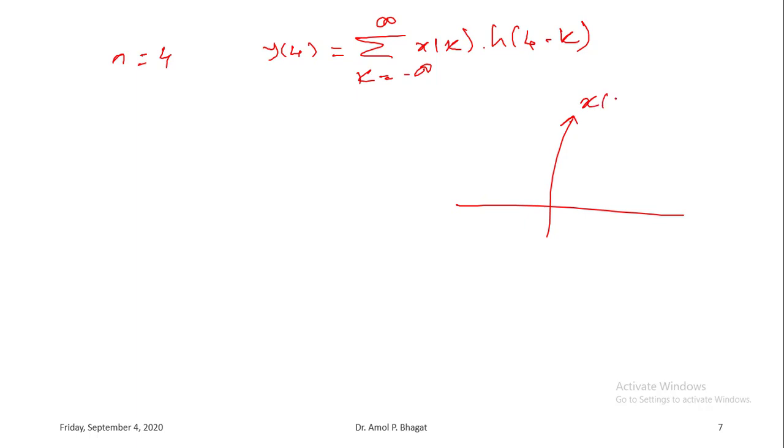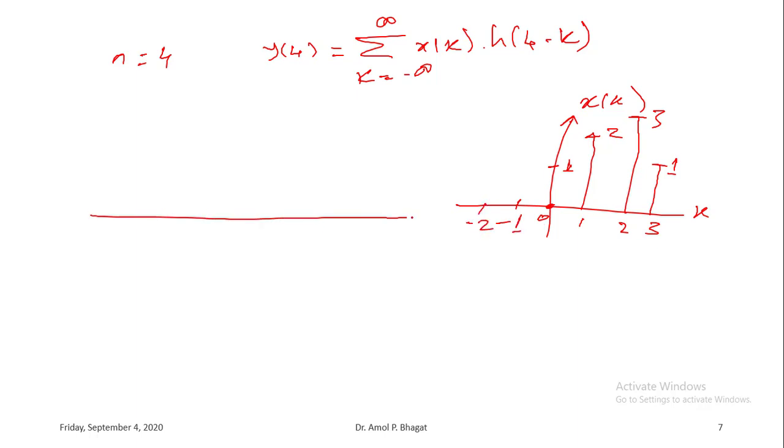So x of k, okay? So 1 2 3 1 was the sample, okay? So that is 0 1 2 3 -1 -2,